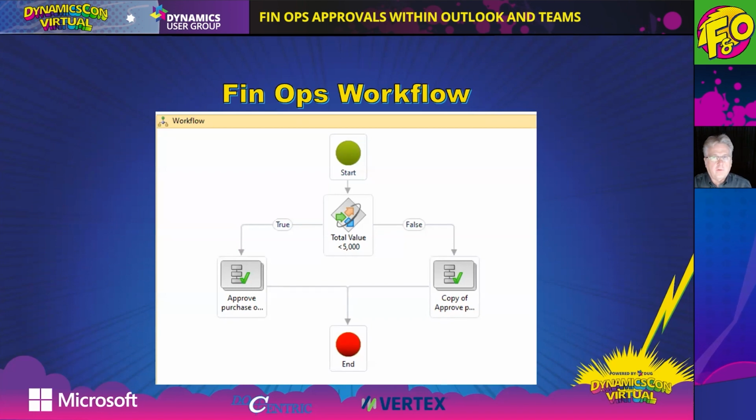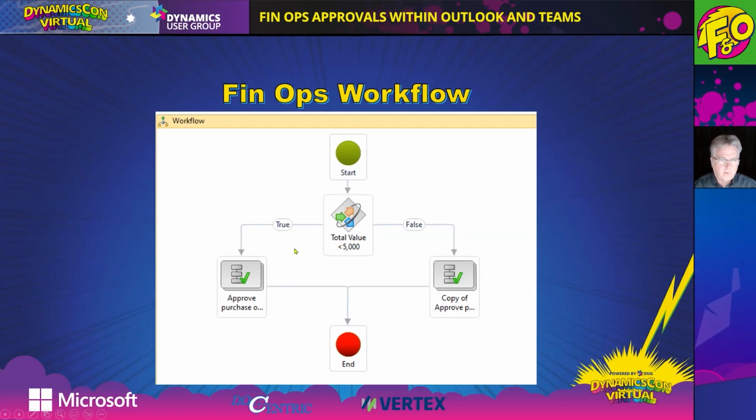So just a quick look at the FinOps workflow that we have in place for our demo today. As we saw, we had the start button to submit the workflow. We put that comment in there. We hit OK or submit, and it went down and checked, what's the value of this purchase order?